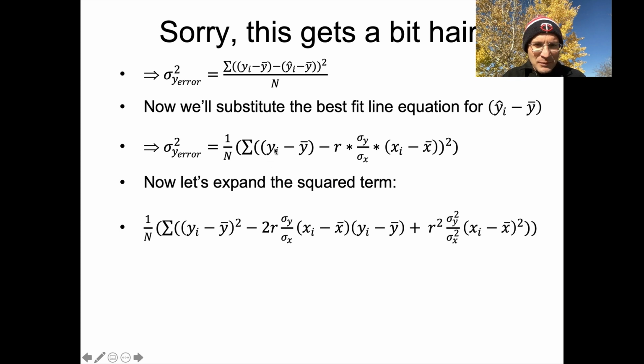And then we multiply this by this, and this by this. So that winds up giving us what we have here in the middle, this 2r times the standard deviation of y over standard deviation of x, which we're getting from here, times this guy times that guy. And since we're getting basically two negatives, positive times negative is negative, and then negative times positive is negative, it's minus 2r in the middle there. What can we do with that?